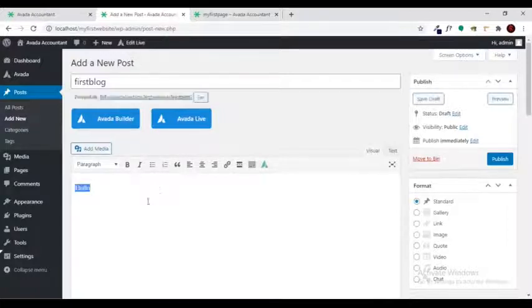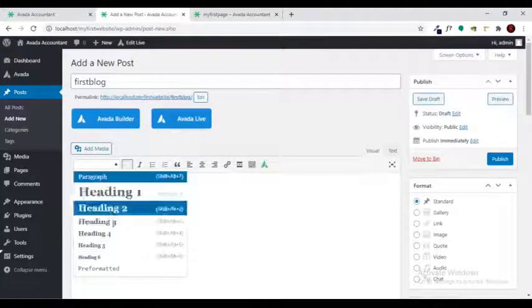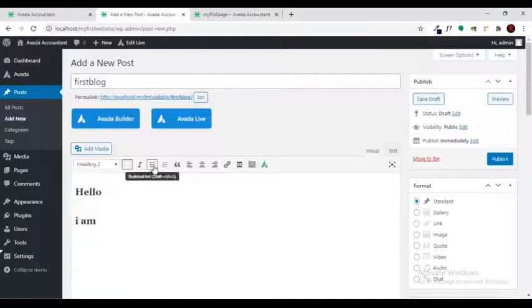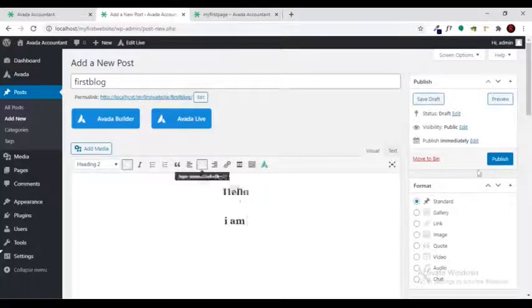If you want to make text bold, just click on bold. Or if you want to change the heading type, font type, make a bullet list, or align left, right, or middle, just use anything and publish your blog.